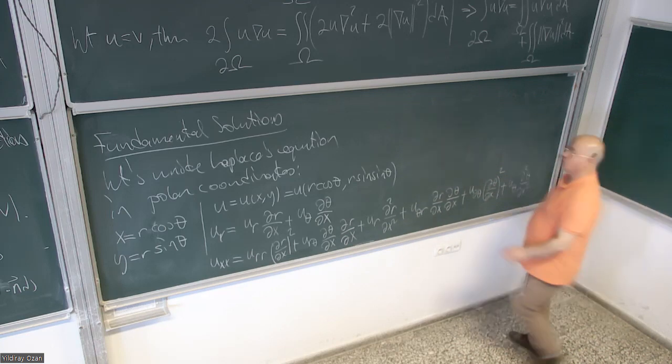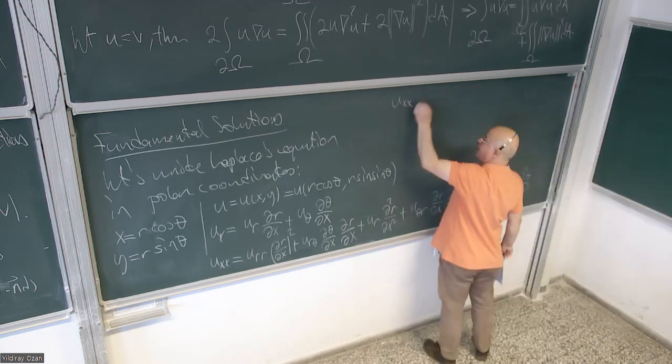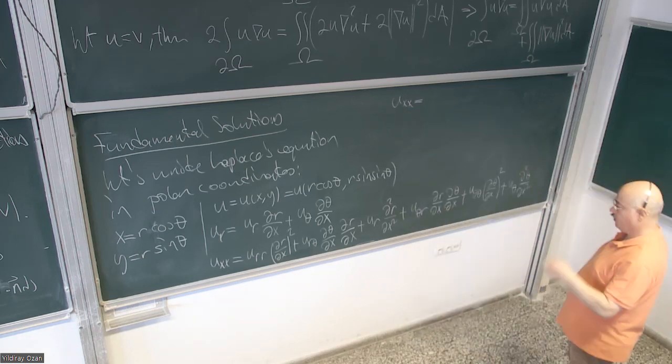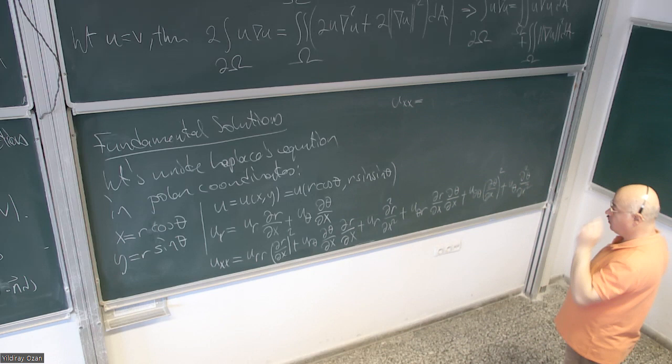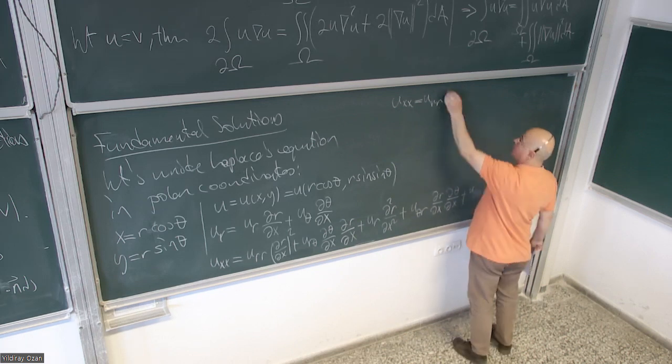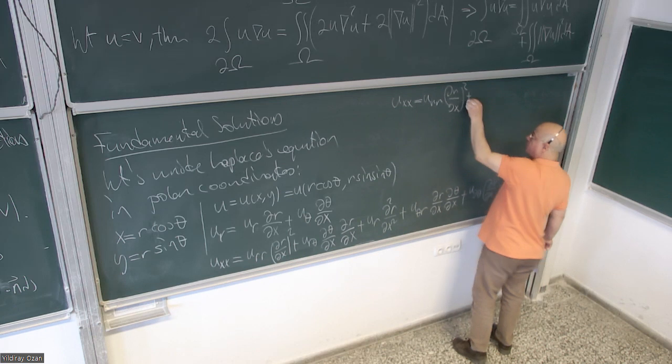So what is u sub xx then? Let me write one more time. U sub rr del r del x squared plus,